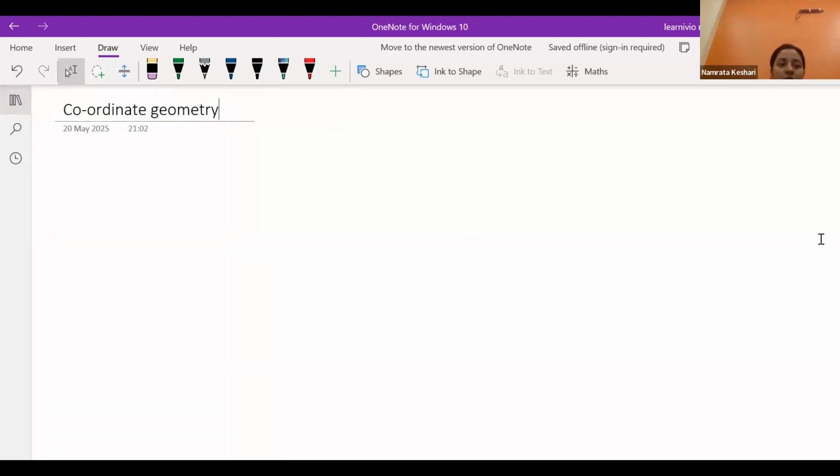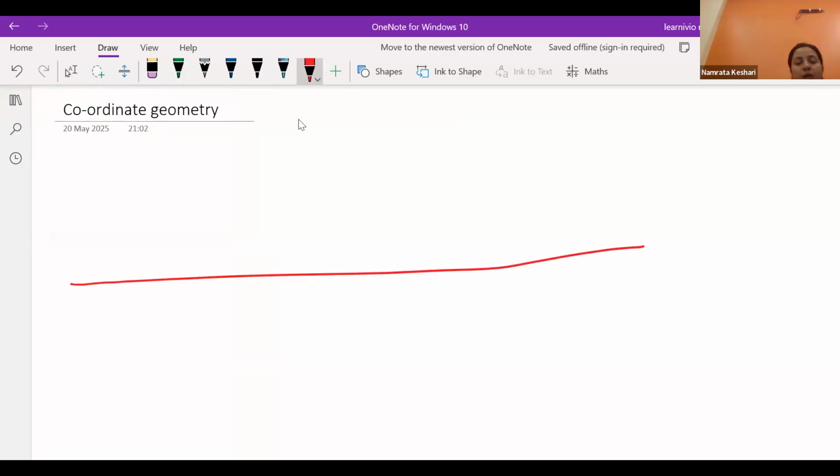Today I'll be showing you that suppose you are having a number line. You understand what a number line means? A number line is a line where integers,